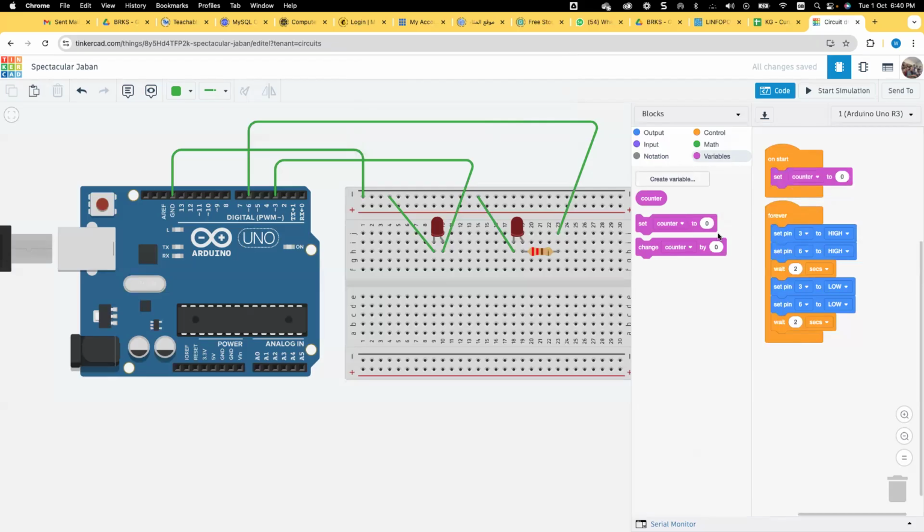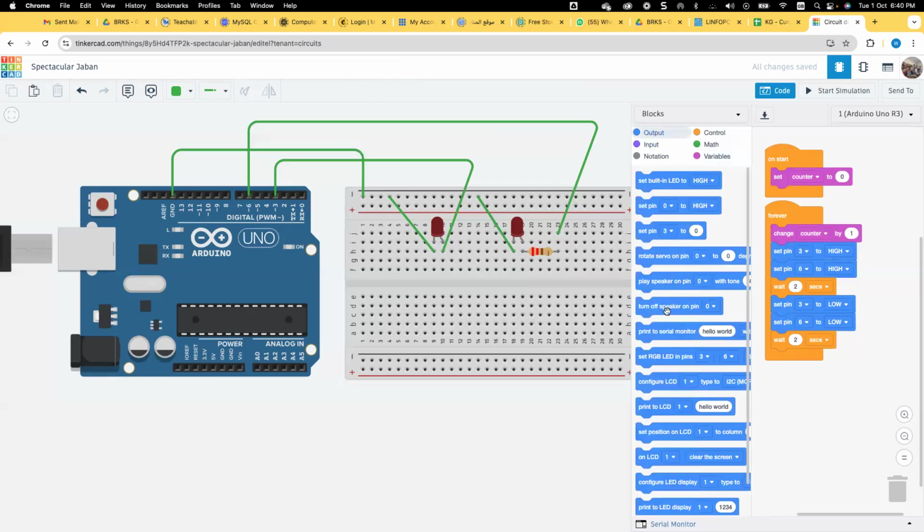And I will insert a block to change the counter by 1. By the end of each loop, each turn, I will display an output.